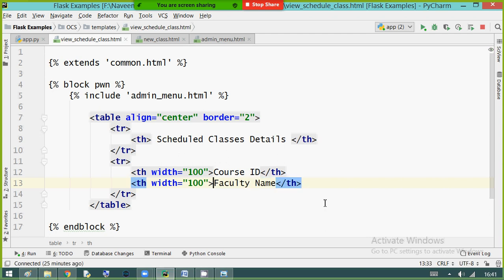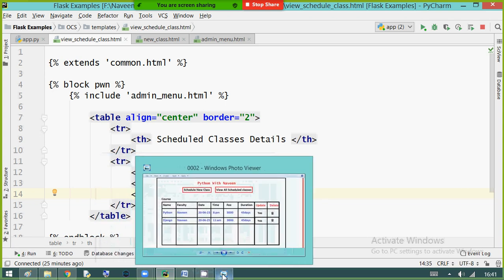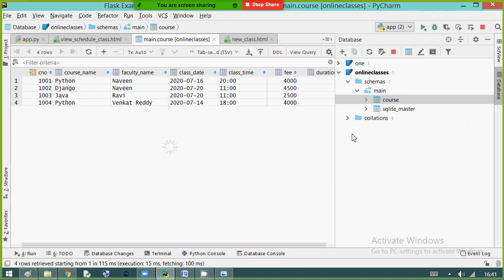After faculty name, course name or course. Yes, course name is also fine. I think first course name, let me look at the table once, then only it will be easy. Yes, first course name, later faculty name.